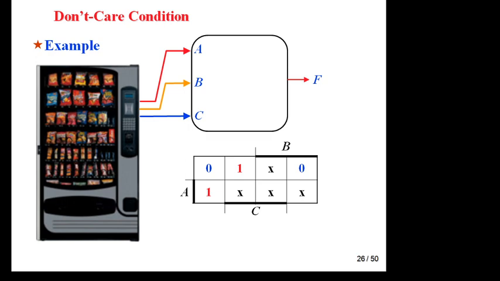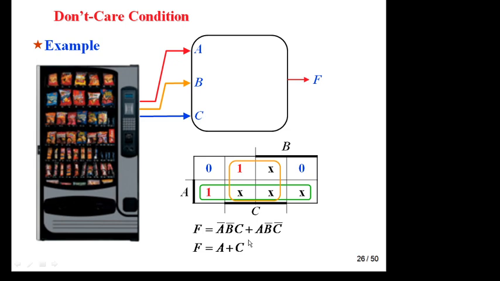Okay, so in this case there is only 1 min term and there are 3 don't care terms, but by using these don't care terms you can make one quad here. Okay, and again you can use this one quad here. It means all x are used here, meaning the value of this and this is 1. Okay, 1 quad and 1 quad. Next, the expression is A plus C.